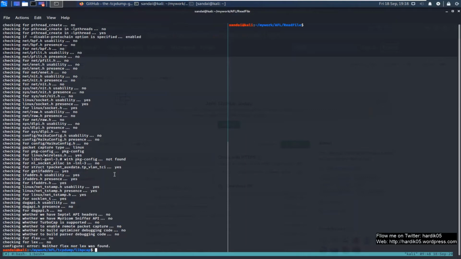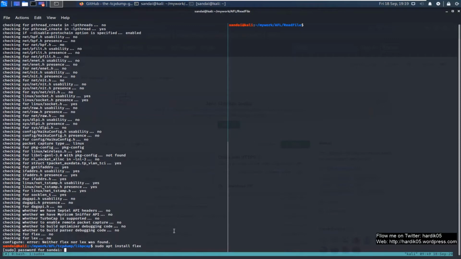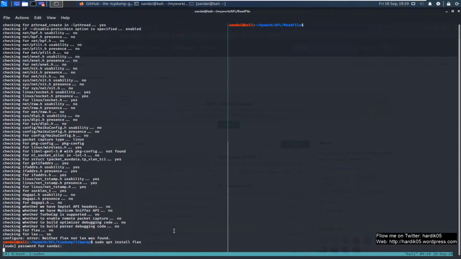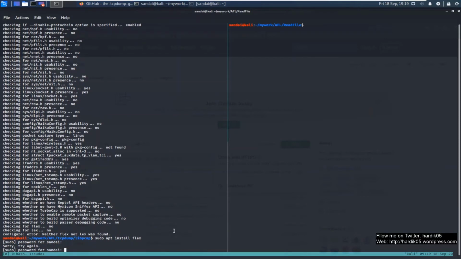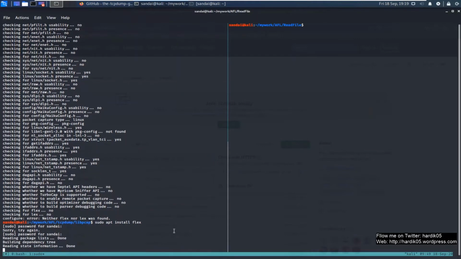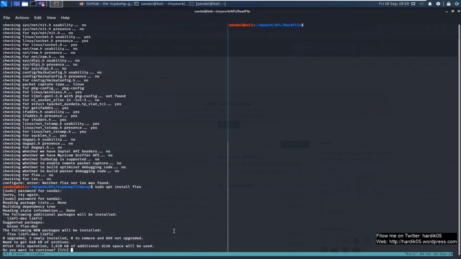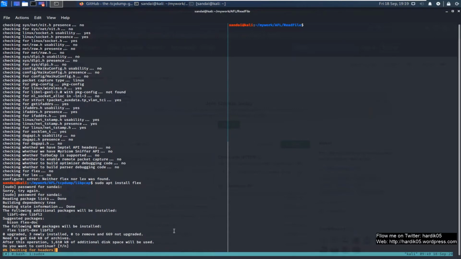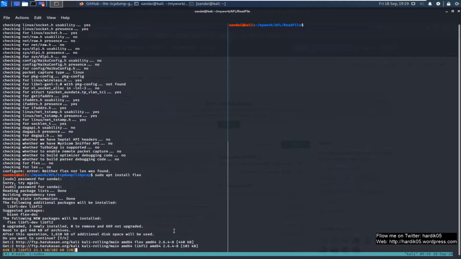So you can see that we are again getting some configure error over here. So we need to install flex over here. So let's see, sudo apt install flex, and let's see what it says. Okay, yes, it will download the flex lib over here.